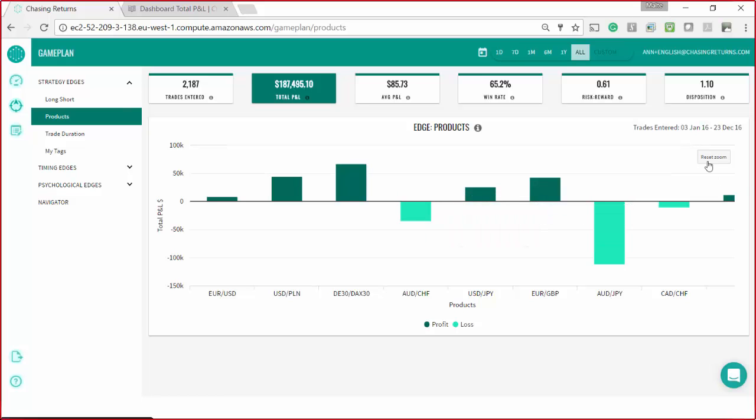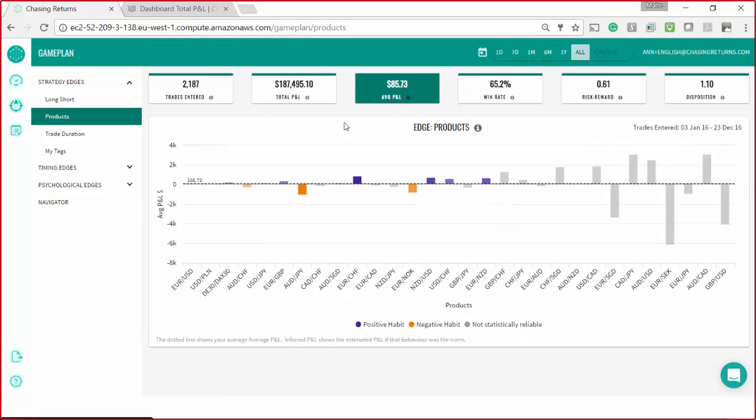If you go to average P&L, this is where it gets really interesting. So the first thing we see is there's lots of gray bars, and they're actually quite big. So in Chasing Returns, if you get a gray bar, it's giving you the data, but we don't feel it's statistically significant. So a lot of those products on the right, he doesn't trade very much of, and some of them are profitable and some are not,